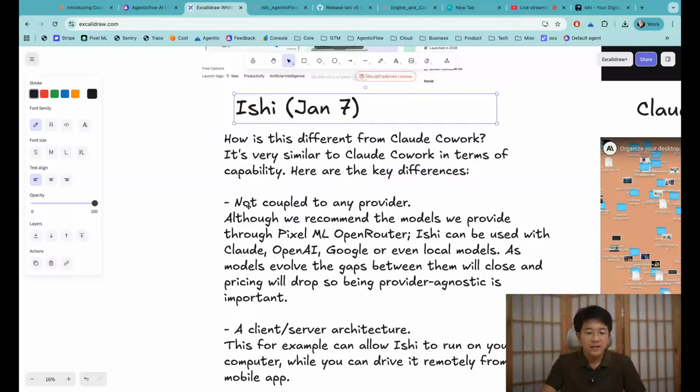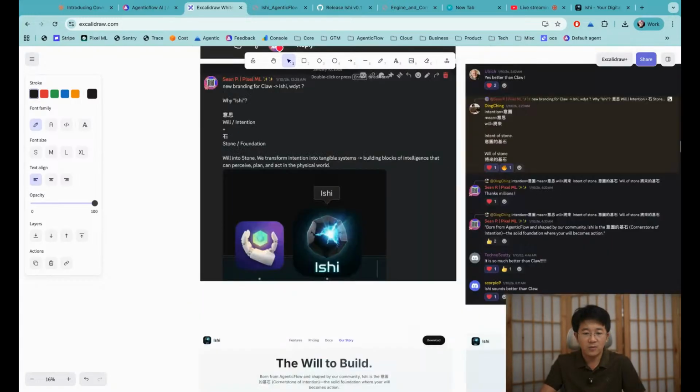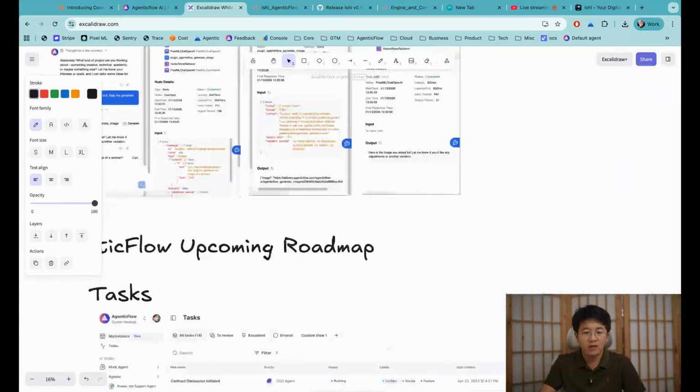First one, Ishi is not coupled to any provider. So you don't need to have a Claude Max. Let me repeat on this one. So right now, in order to use